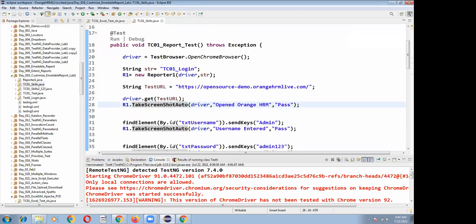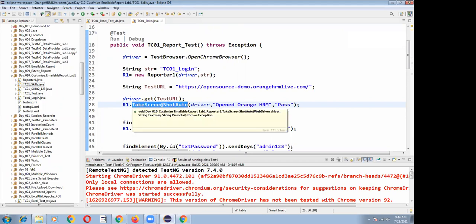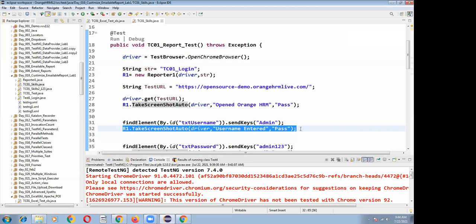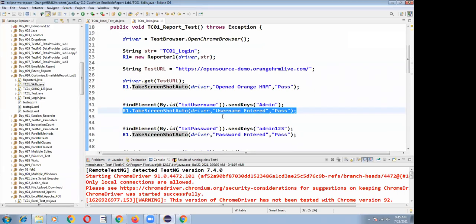Which means what I told just now: whenever I am executing this method, the driver is capturing the screenshot and it is storing it into this folder location. That means wherever I am writing this line, in the background it takes the screenshot, OutputType, and FileUtils.copyFile. These three lines are executing.